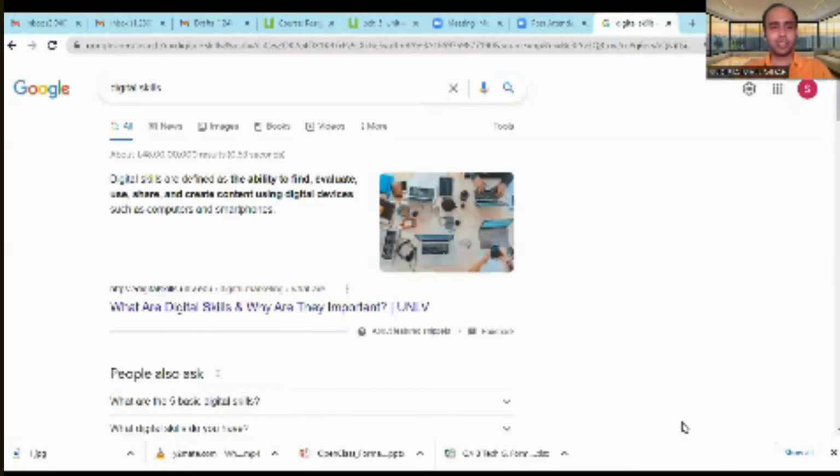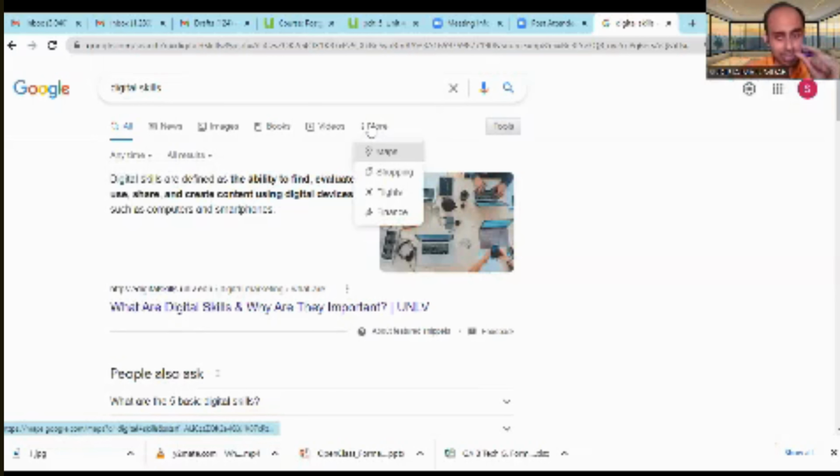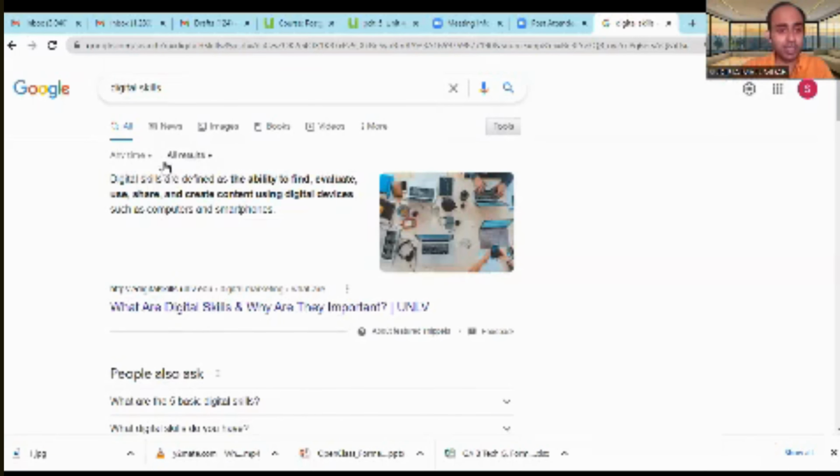Even the last topic which I will be talking about is searching in Google. We all can search, but there are some tools which we hardly use. Say for example, whenever we search, we go for the tools tab. From here we can customize the timeline. From here we can select the criteria to which my search result will belong. If it is an image, I will go for images, so I will get better results. If I want to go for shopping, I can get shopping results here. We can use tools in a better way, such as any time, custom range, or what type of results I am trying to have. So this is also a digital skill.